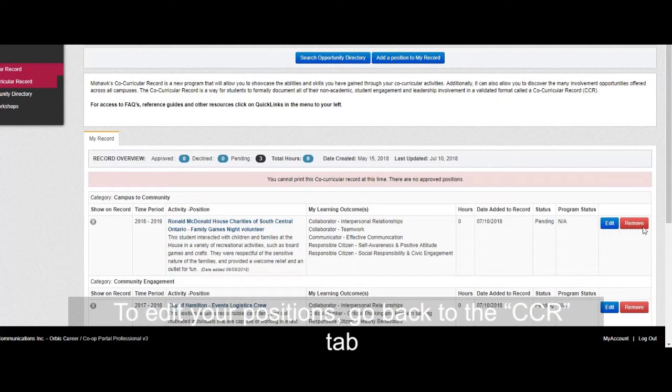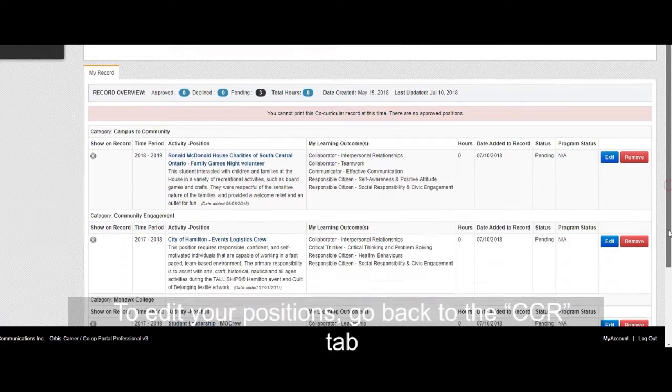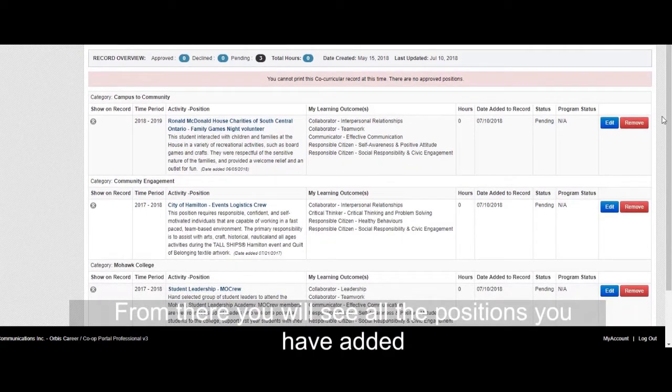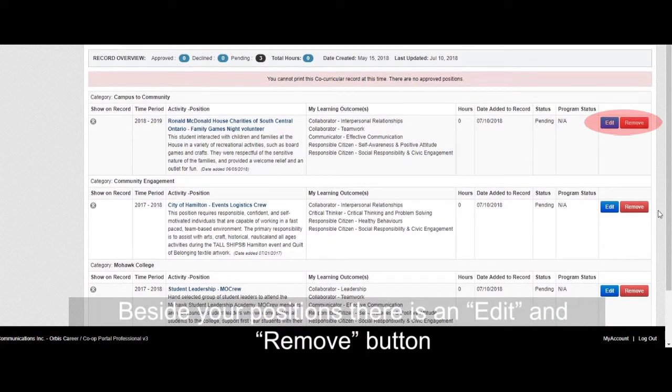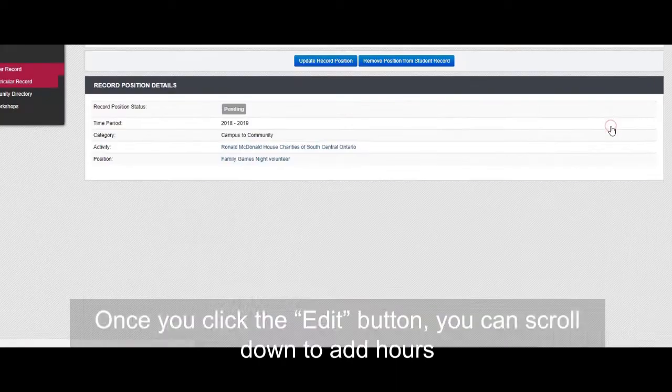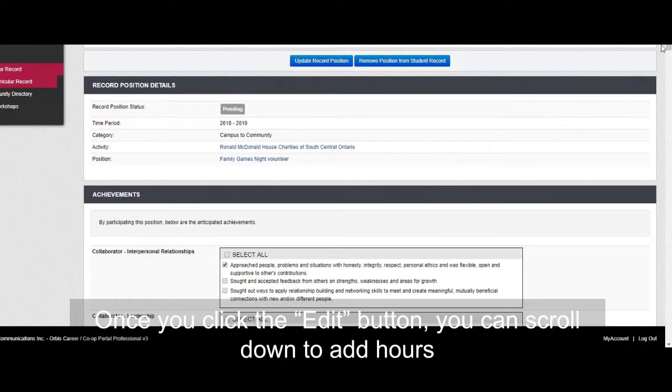To edit your positions, go back to the CCR tab. From there, you will see all the positions you have added. Beside your positions, there is an Edit and a Remove button. Once you click the Edit button, you can scroll down to add hours,